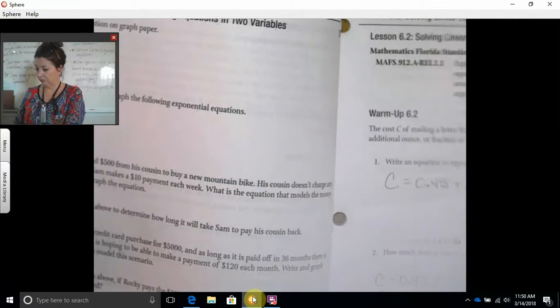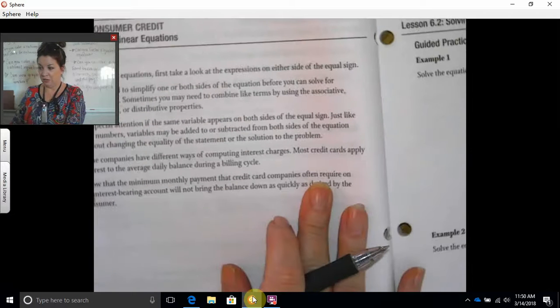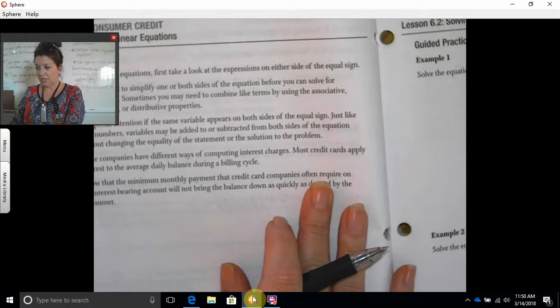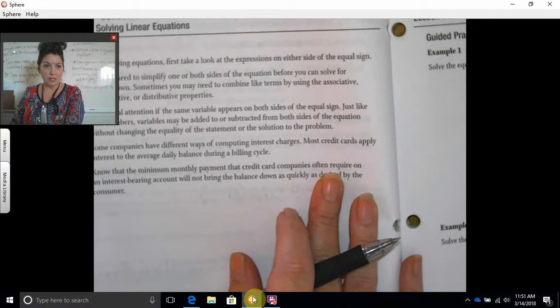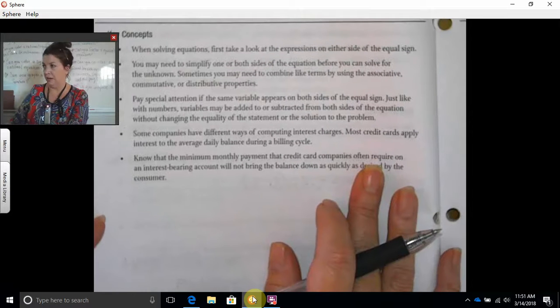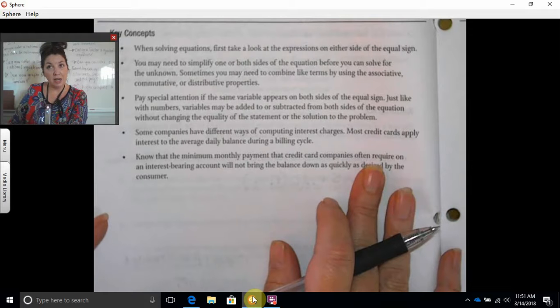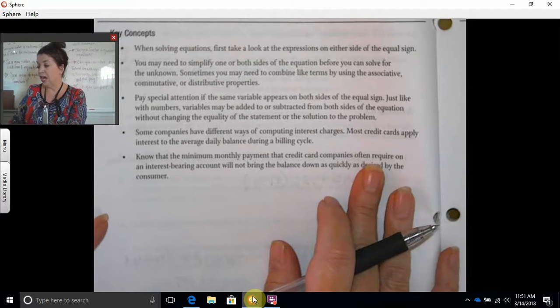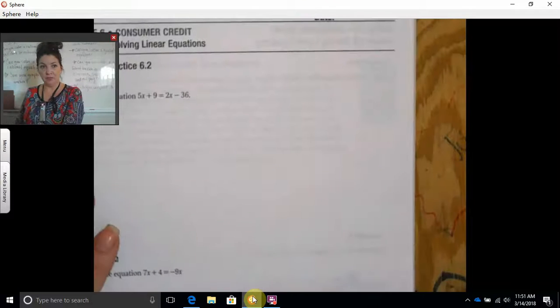All right. Page 14. If you need to review how to solve equations, which I think some of you do, because when I gave this to you before and just thought that you knew how to do it, there was a lot of hemming and hawing and complaining about that. So if you need a review, come back and read these key concepts when it comes to solving equations. I'm going to be doing a couple examples with you today, and we have worked on it since, but on page 15,